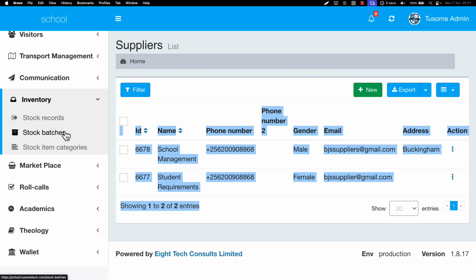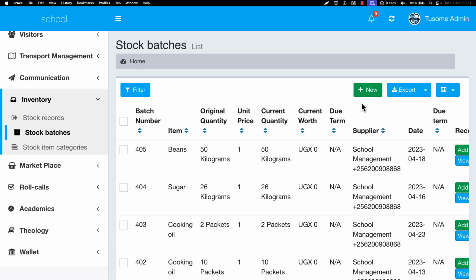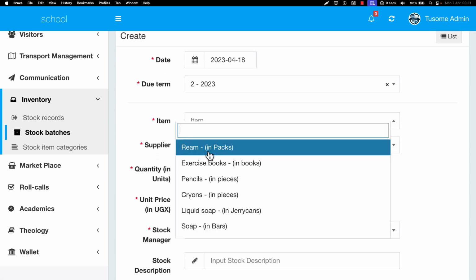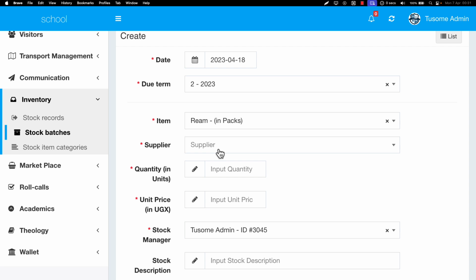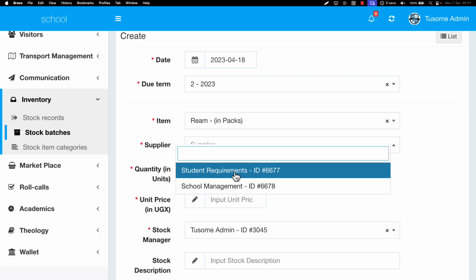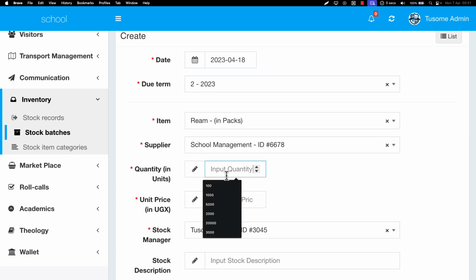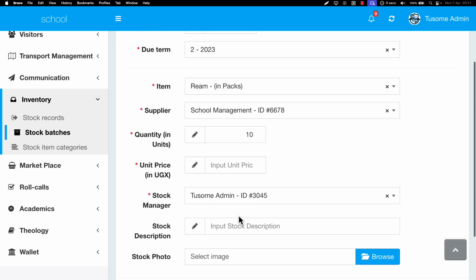Now after listing the suppliers, you can enter the batch records. All right, so click on new to enter a new batch record. So you select an item, for example, rim. Right now, what we are doing is the stock taking. We are seeing which items are currently in the store and we're entering them in the system. All right, so rim, maybe you're remaining with, I select the supplier, someone X, the one who supplies us rim, and the current quantity, current units that are remaining. So maybe you're remaining with 10 packs of rim,